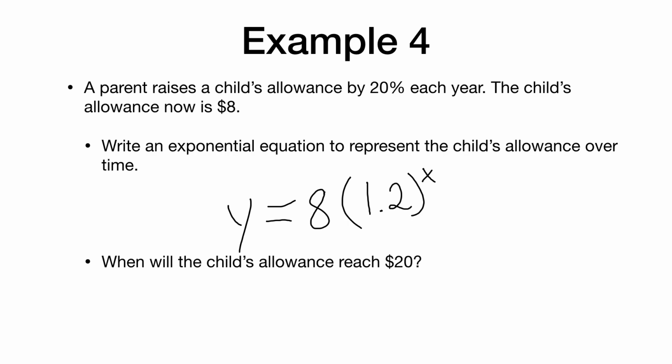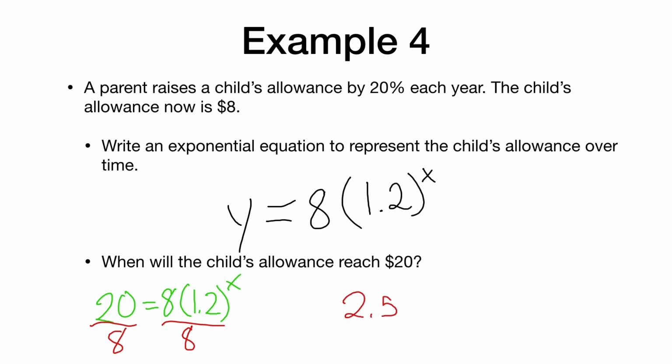Now, in this case, we want to know what it'll be when it's $20. So 20 is our y value in this case, not our x. 20 equals 8 times 1.2 to the x. Now, our format here should be pretty normal to you at this point. First step we do is divide by 8. 20 divided by 8 is going to end up being 2.5. So 2.5 is going to equal 1.2 to the x, meaning we can rewrite this as